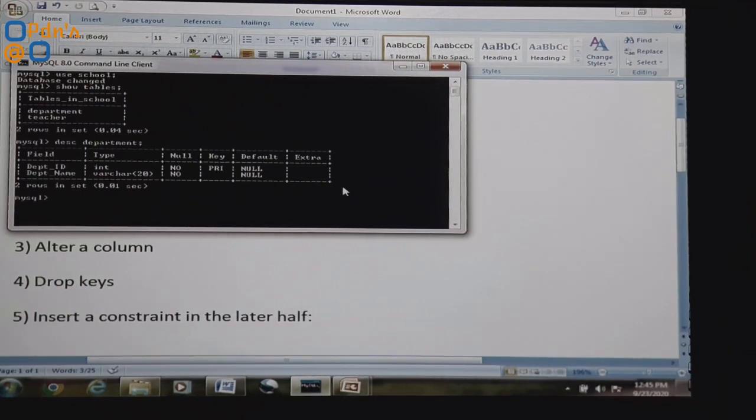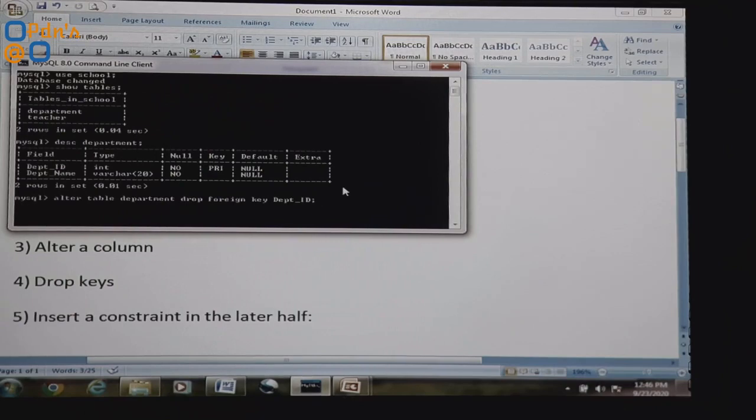Okay, so the command goes like this: alter table department, drop foreign key, department underscore ID.